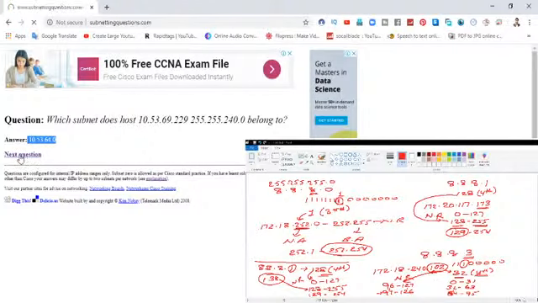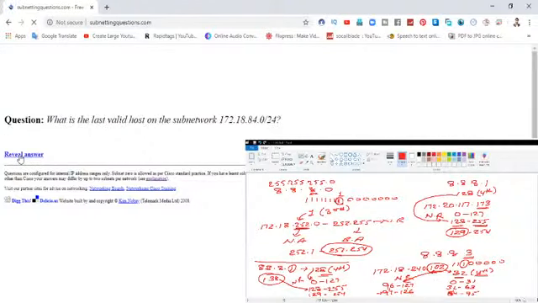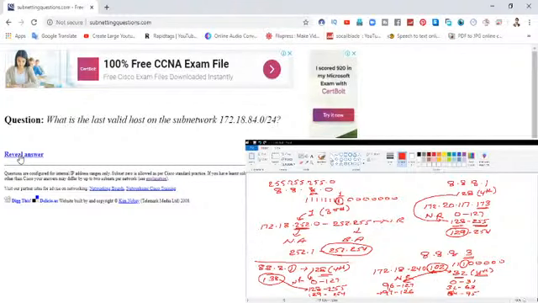Again, next question, what is the last valid host on the subnetwork? The answer would be 172.18.84.254. 172.18.84.254 is the answer. Absolutely right? Next question,